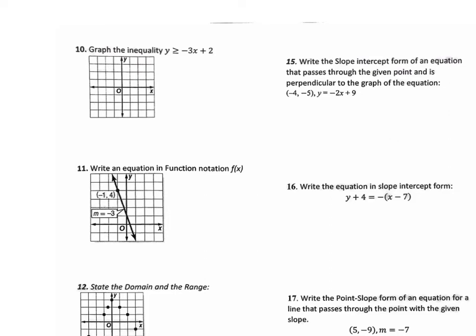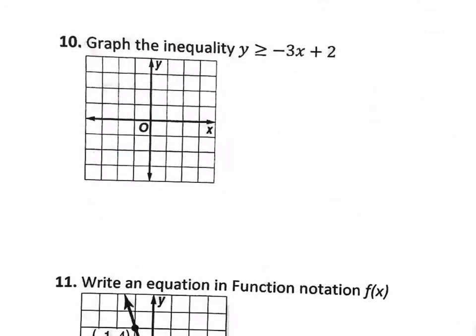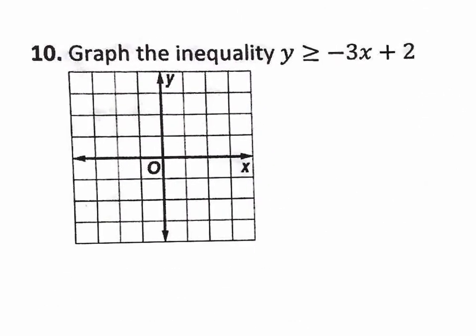So moving on to the back side of the first page is page number 2. Number 10 says graph the inequality. Graphing an inequality is almost exactly the same as graphing an equation. The only difference is you still need to get it in slope-intercept form. The only difference is that you need to decide if it's a solid line or a dotted line. And then on top of that, you need to decide what side to shade, one side or the other of